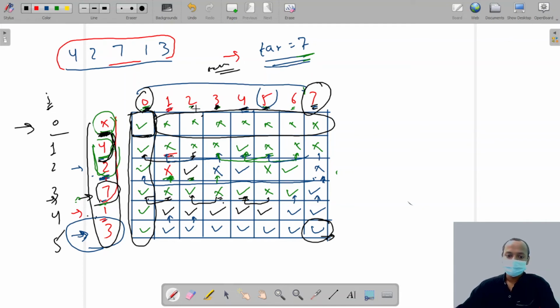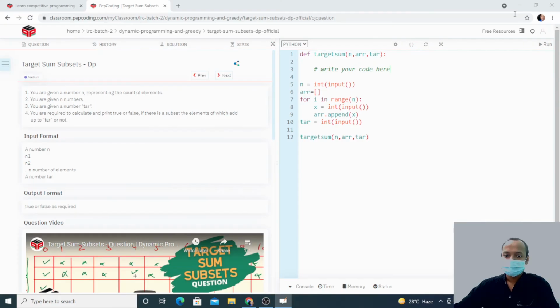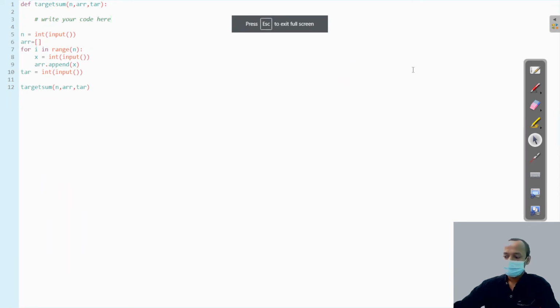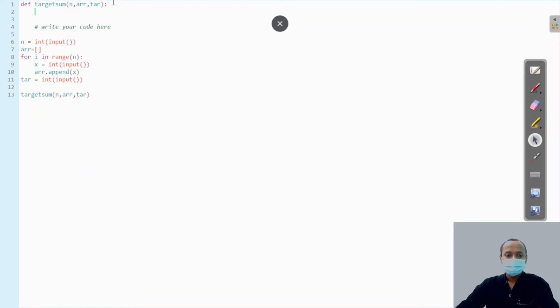So first we divide into 4 parts. Now first we have to make a DP, and the type of DP is boolean. So I'm writing false for x in range, and what is the size?